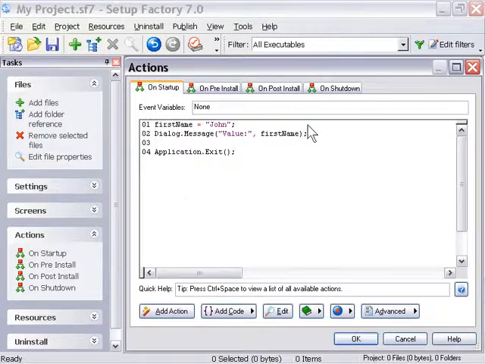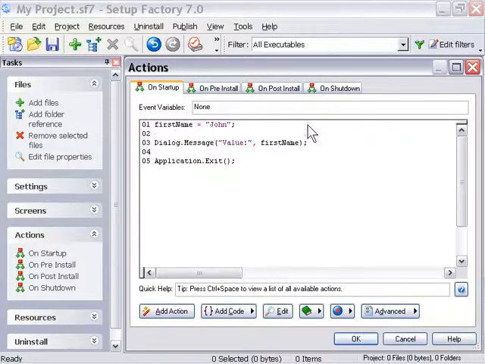Alright, now let's try and join up some string variables together into a longer string, and we'll do that by assigning a second variable name here, last name, and we'll say Smith. And then in the dialog message action, we're going to go ahead and add another type of operator here, a concatenation operator. That's 2 periods, and we'll put a space in between those 2 words.